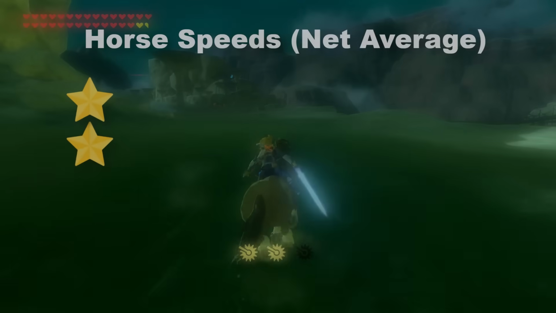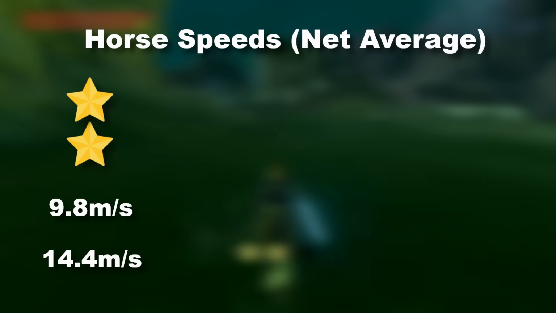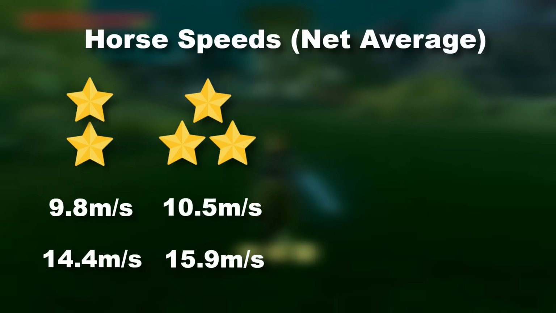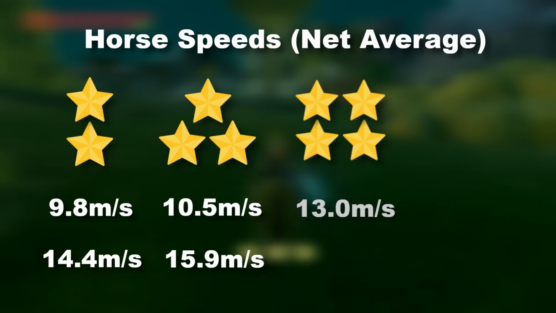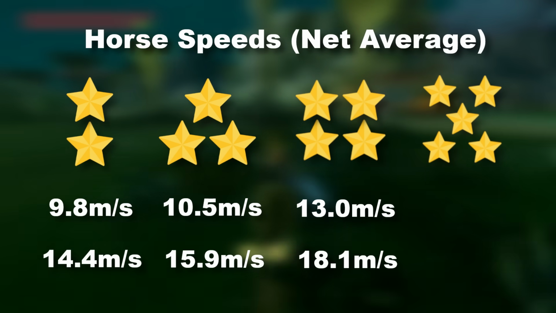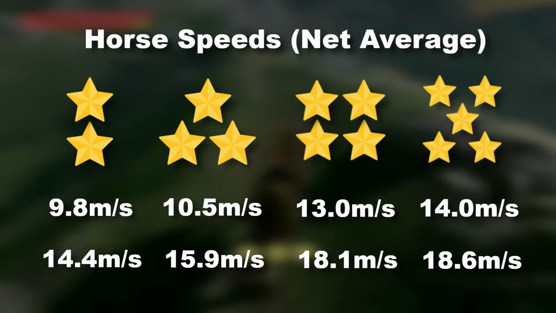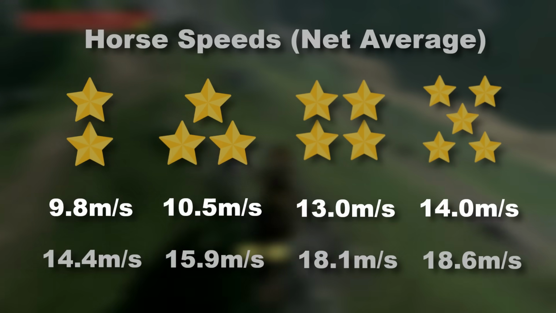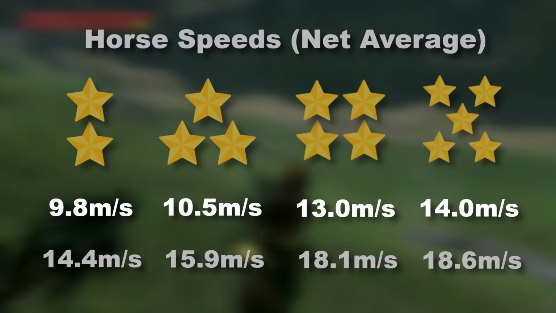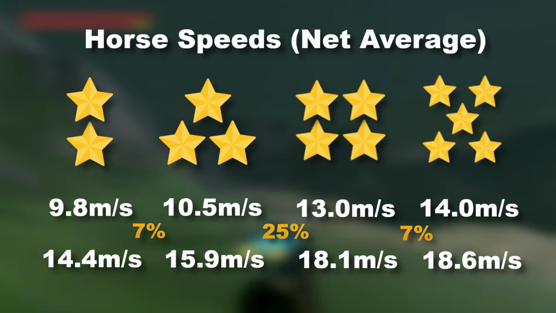On average, a 2-star is able to canter at 9.8 meters per second and gallop at 14.4, a 3-star canters at 10.5 and gallops at 15.9, a 4-star canters at 13 and gallops at 18.1, and finally, a 5-star canters at 14 and gallops at 18.6. If you notice, for the normal movement speeds, the jump from 3 to 4-star is far more significant than any of the other jumps, with roughly a 25% increase compared to the others, while for the gallops, all the numbers